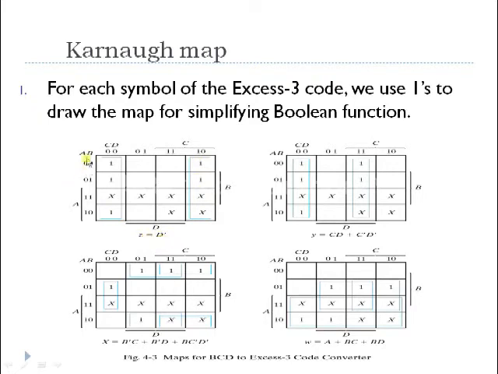Why? Because here on the left hand side, A and B values are varying, and when it comes to C and D, only the value present in D is constant, that is 0, so that is why it is represented as D complement. In the same way I have plotted the other output minterms on the K maps, that is X, Y and W, and then I have got the simplified expressions. I got these simplified expressions just because I have included these don't care terms.